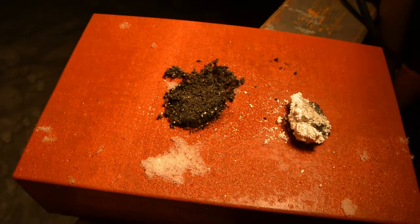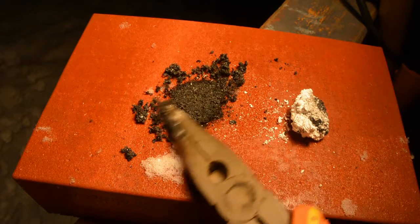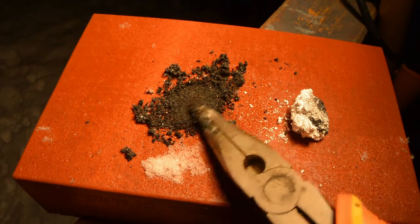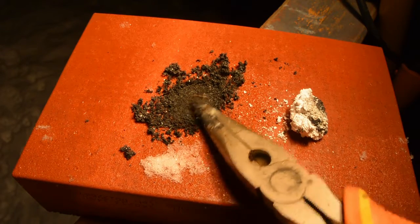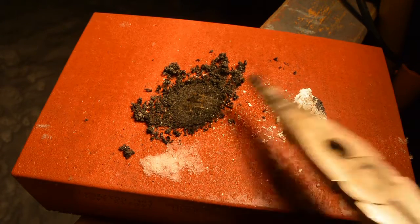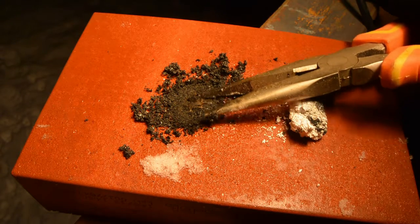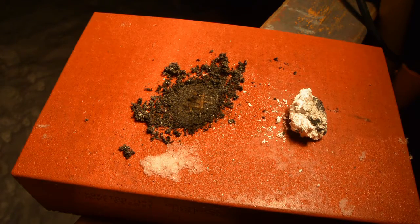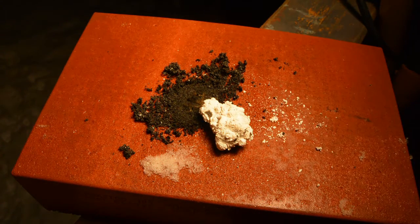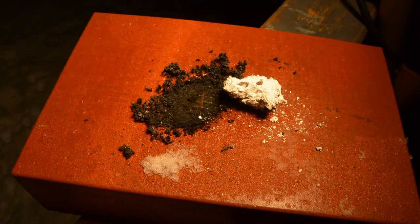Really hot piece of magnesium did almost no damage to this block. There's barely even an indent here. And there's fiber. Oh, that's different. Turns out these things are fiber reinforced as well. I didn't know that. There's little fibers right there. So I don't recall reading on the MSDS what the fibers are made out of, but the block is basically a